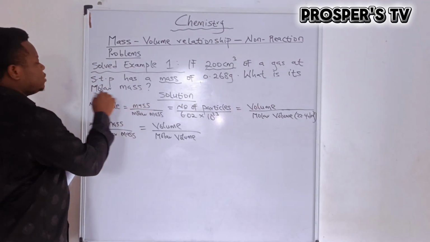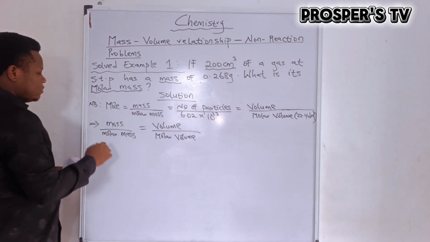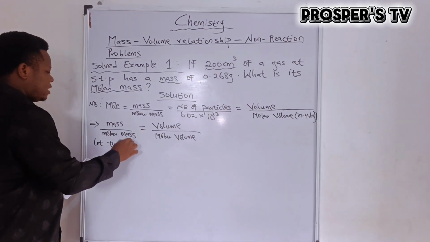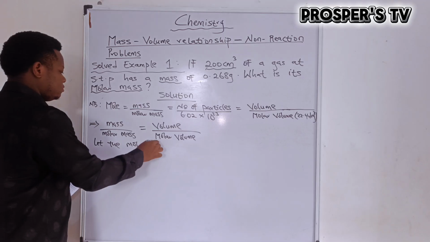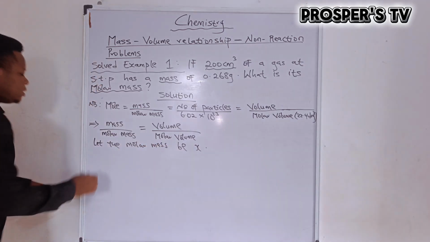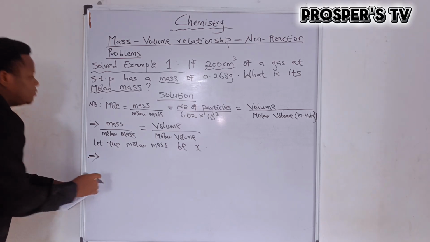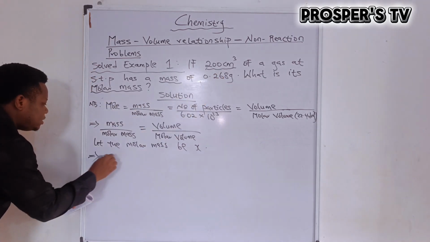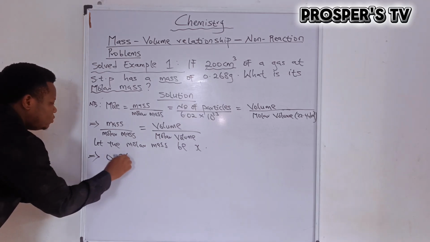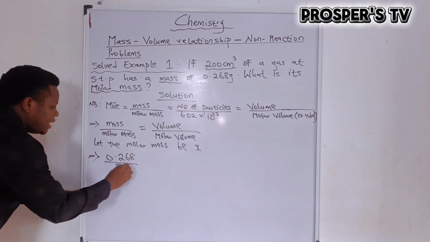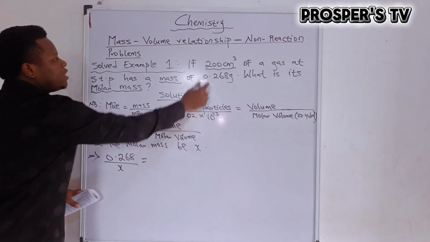So the question is asking us to calculate the molar mass. I will simply say, let the molar mass be X. So let's substitute in what we have. The mass is given in the question to be this. So we have 0.268 divided by the molar mass, which I've taken to be X,